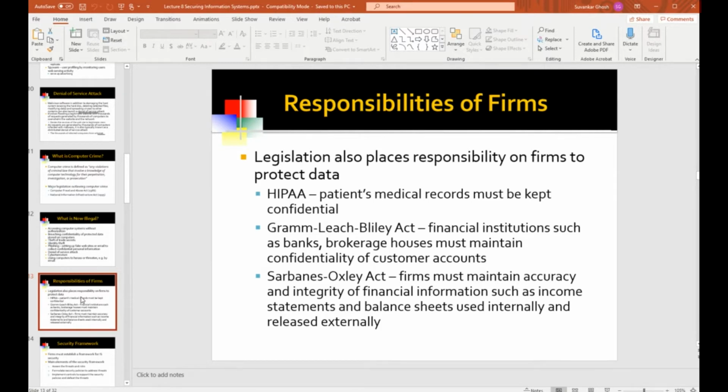So you can't leave it out there to be stolen. You have to protect it robustly. And so we have various laws, like the Gramm-Leach-Bliley Act on protecting financial data. The HIPAA laws are protecting medical information about employees. So if somebody has come in and stolen that data, then the firm that has the data on its corporate service is liable as well.